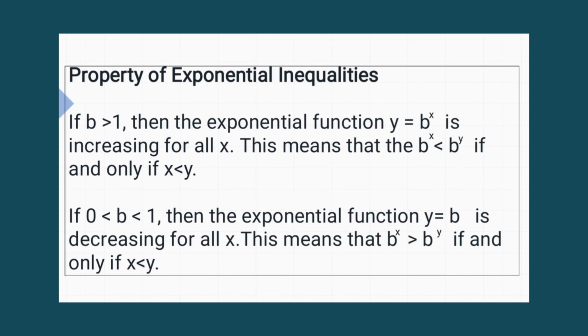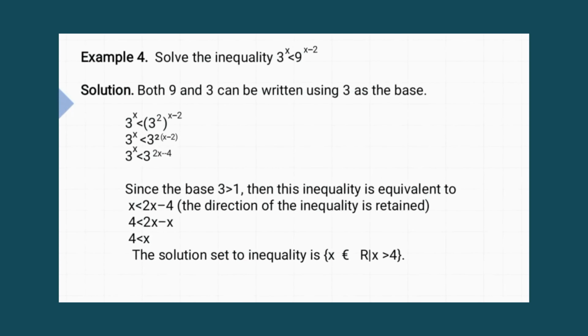So, we are going to example 4. Solve the inequality: 3 raised to x is less than 3 squared raised to x minus 2. Solution. Both 9 and 3 can be written using 3 as the base. We have 3 raised to x less than 9 raised